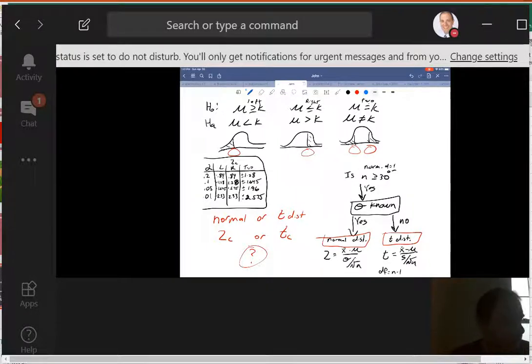But we're going back to this page right here. And so what's our first question? Is our n greater than or equal to 30? Right? And in this situation, it is. So what we know is, we've got a yes up here. Do we know our population standard deviation? In this situation, we know our sample standard deviation. Okay, so we don't know our population standard deviation, so we are going to use the t-distribution for our confidence